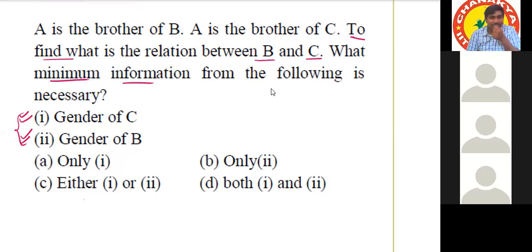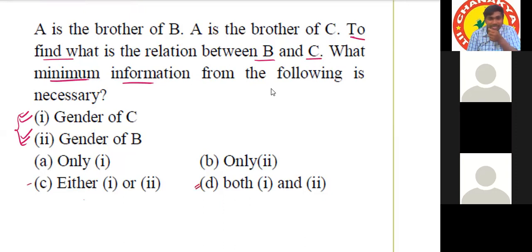So I think it's C. Okay, very good. Sir, I think both, sir. Option D. Yes, sir. C, sir. Okay, 2 persons with option C and 2 persons with option D. 2 boys with option D and 2 girls with option C. So not option C, sir. It's D. We require both the genders. So I think it's C.